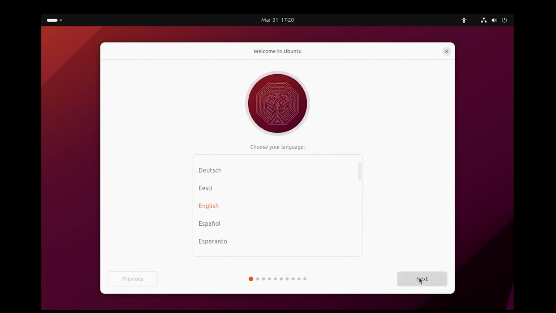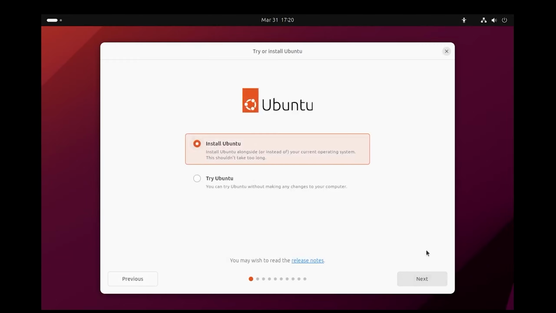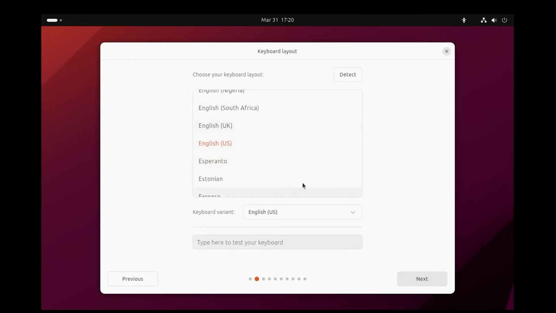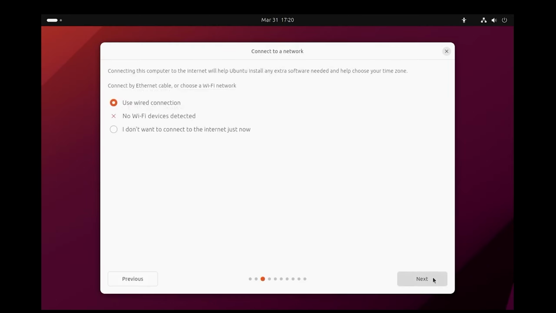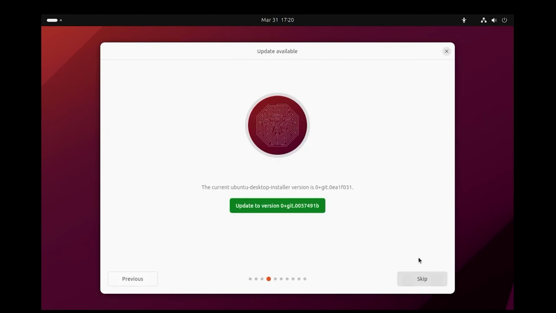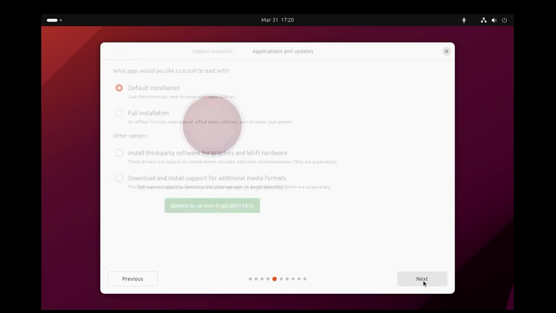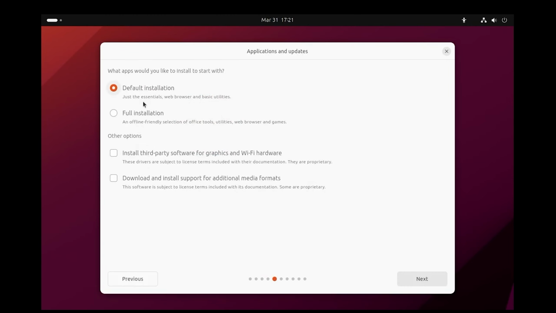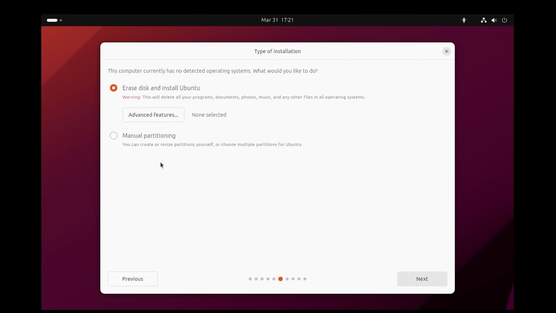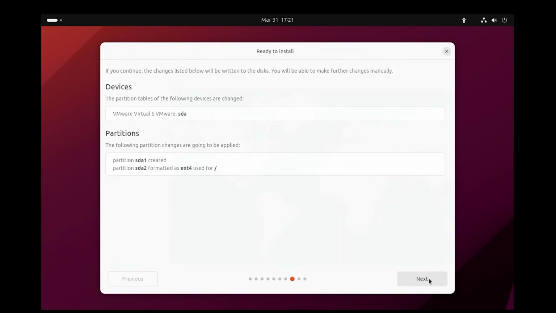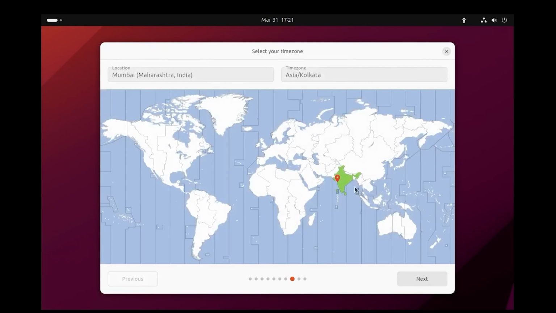Let's click English and then next, and then I'm gonna click on install Ubuntu, and then from here you can choose your favorite keyboard. And now let me click next, and then here I'm going to select everything as it is. Let's click next, and then again I'm gonna skip, and then here let's click on full installation, next, and then erase and install Ubuntu, install,